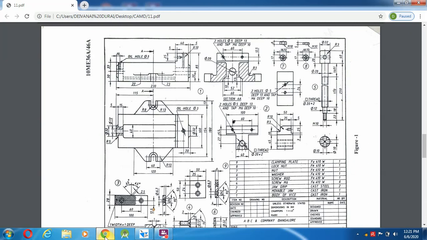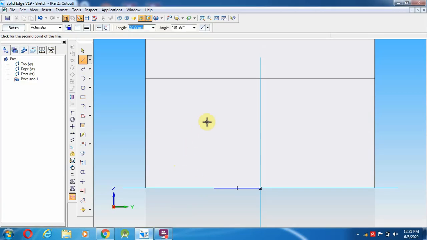It is 45 mm. Here they have not given anything. In the front view we couldn't find this edge, so it becomes 45 mm height. From here to a 45 mm distance, then you can close over here, otherwise you can extend and close like this.